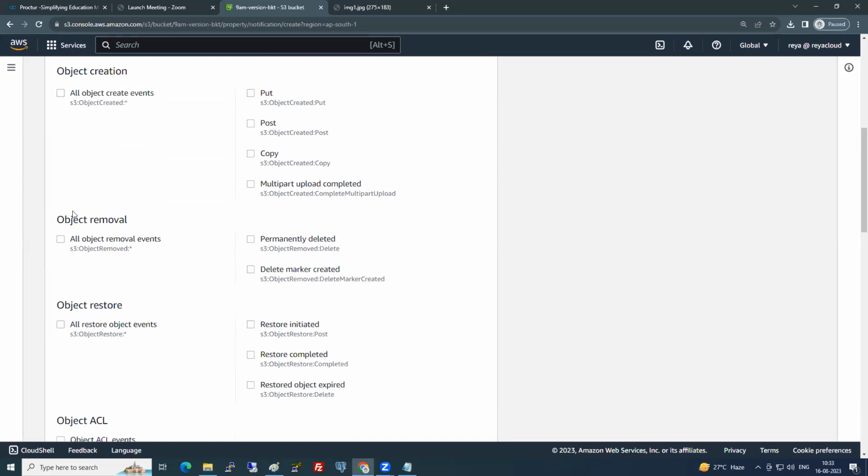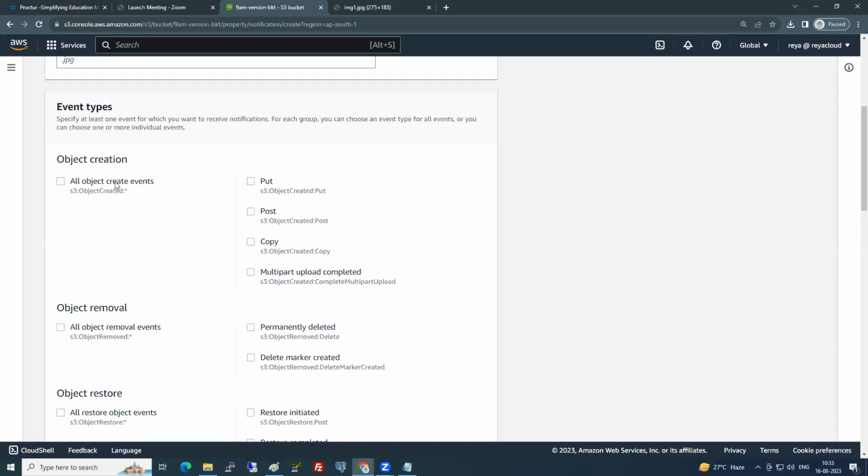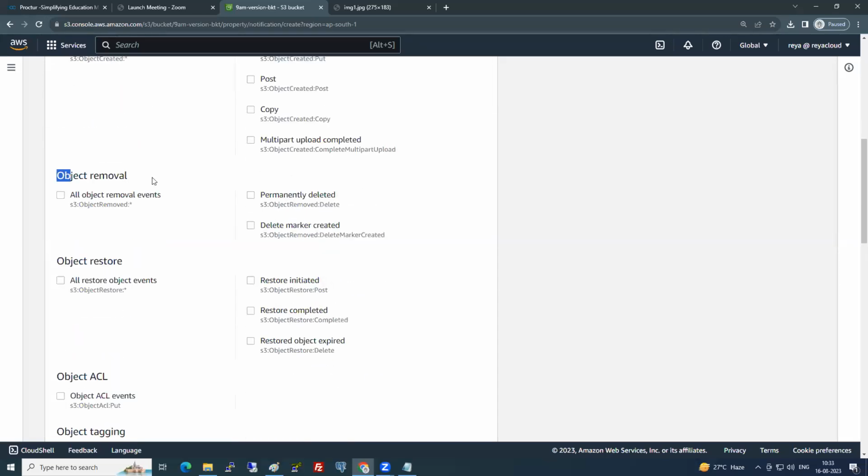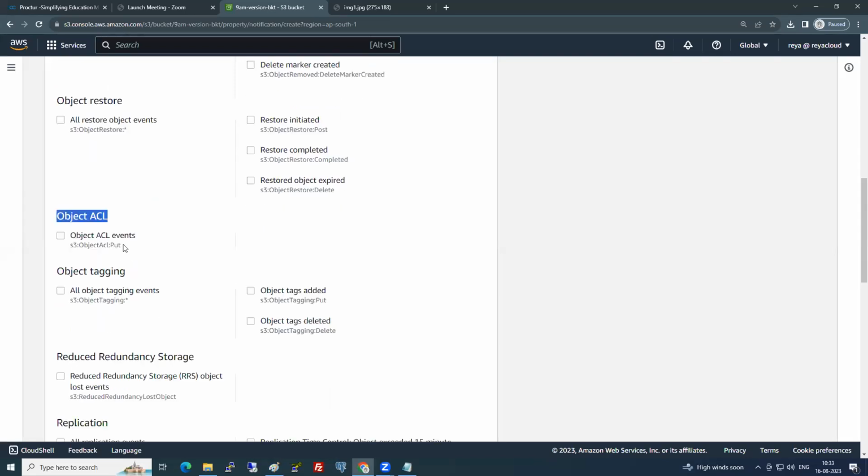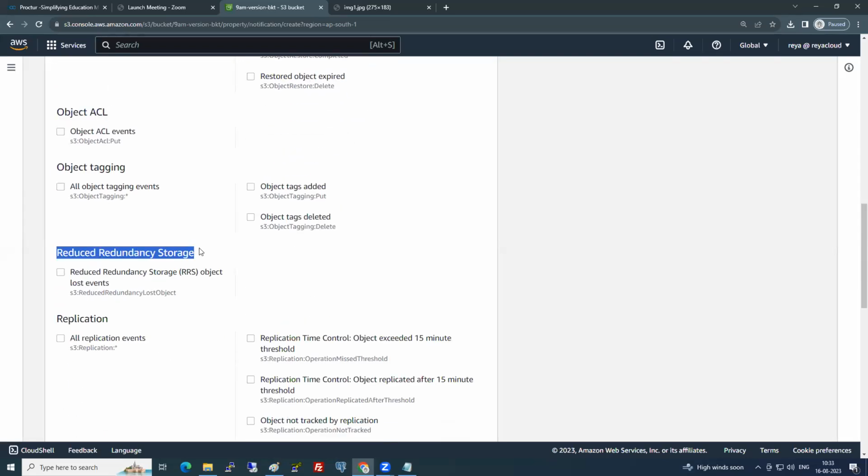So if anything is happening in the S3, let's say for example, which event are you interested in? If someone is uploading any object, I should receive a notification. Uploading is nothing but, can I say, the create event? If someone is deleting the object, I should receive a notification. Select this. If someone is restoring it, someone is doing changes in ACLs, someone is selecting RRS, is it recommended